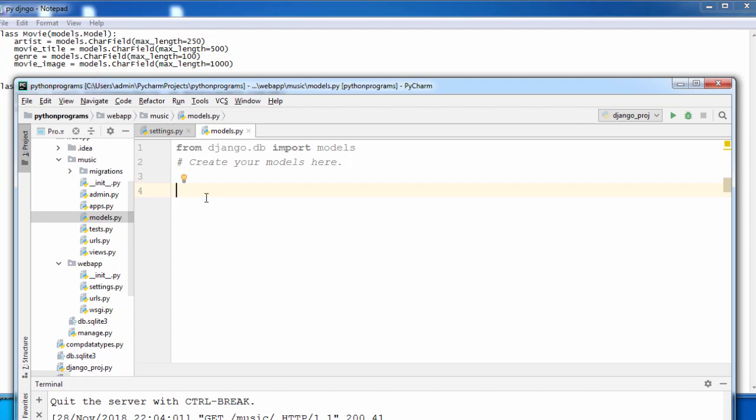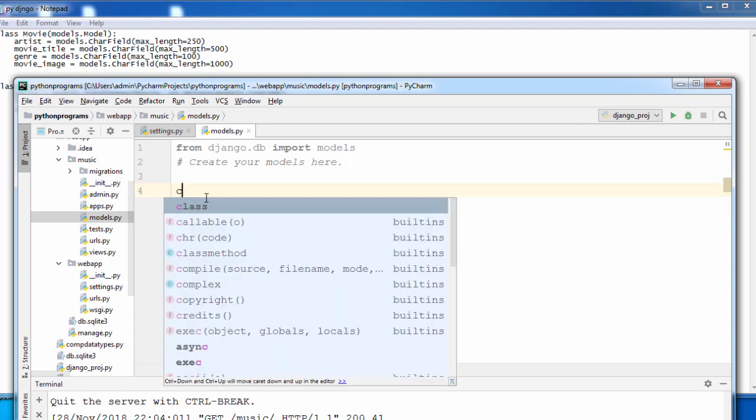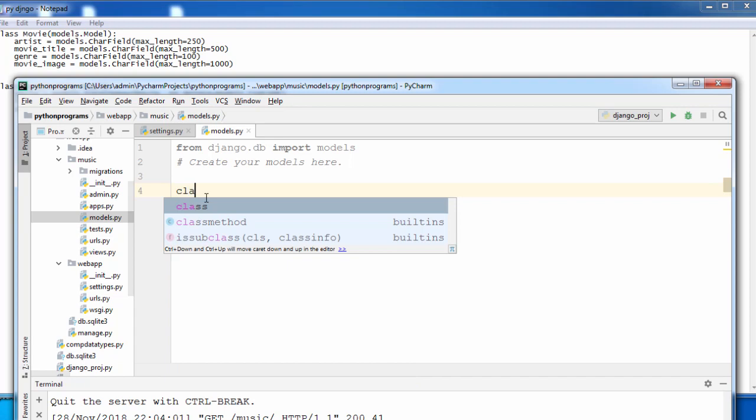For that I'm going to prepare one class file for movie names and artist, title of the movie, and genre, and movie images, if any, to identify the movie albums and all the things. And the second class I will prepare for the songs in that movie which are related to that movie. Let's start to see how to write it. Class